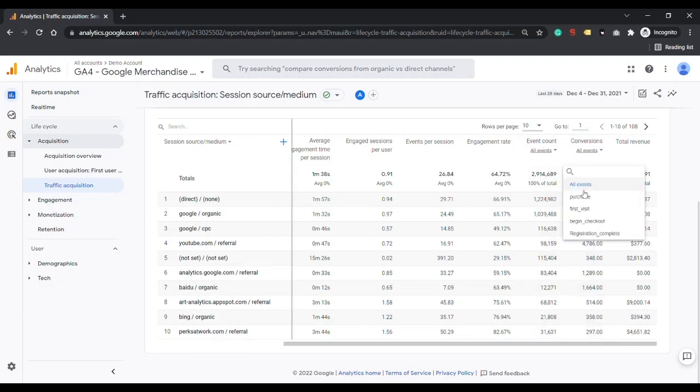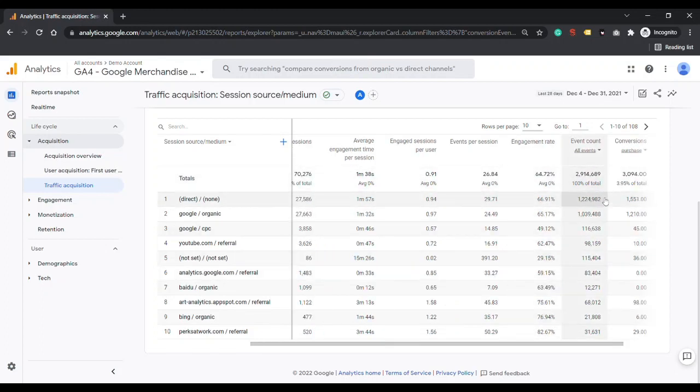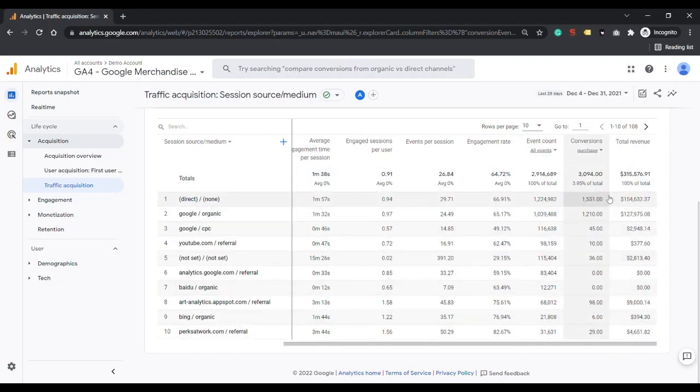Here also we can select purchase, first user, begin checkout, registration completed. So all these different parameters we can measure as metrics. If I select purchase again, it will show how many people have actually completed the purchase, and this is the total revenue from that purchase.